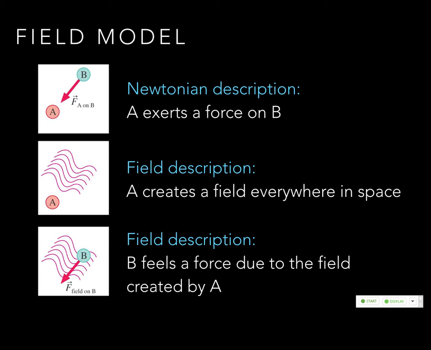So when you put B in the field, you say B behaves this way because it's interacting with this electric field. Okay? Like, once you know the acceleration due to gravity, do you need to know the mass of the Earth? No, right? Once we know how Earth interacts with the space around it, we don't need to know all the specific specs of the Earth. We know how things are going to behave without specifically knowing the mass of the Earth.